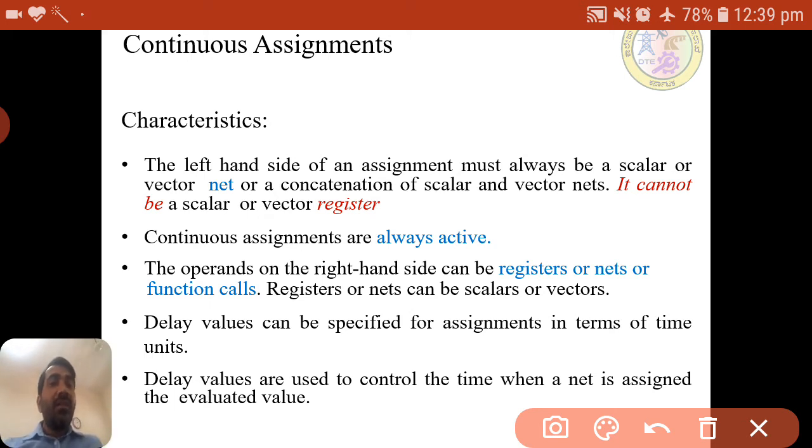Means the net will be assigned continuously, but when to update to the output, that will be updated after the delay we have mentioned. So these are some of the characteristics of continuous assignment.